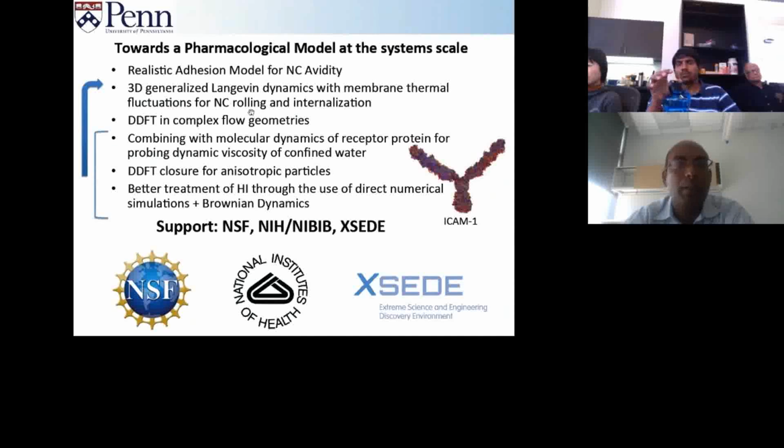But of course, we realize that we make several assumptions in these models, and so in order to either validate these assumptions or buttress these assumptions, we can essentially rely on much more rigorous theories, which are either based on Brownian dynamic simulations or direct numerical simulations, or sometimes even single molecule experiments, et cetera, and then feed the information we get from these more microscopic and more rigorous simulations back into our mean field model to actually iteratively refine the mean field model. And ultimately, the predictions of the mean field model would then allow us to actually make comparisons at the pharmacodynamic scale with either animal experiments or hopefully even